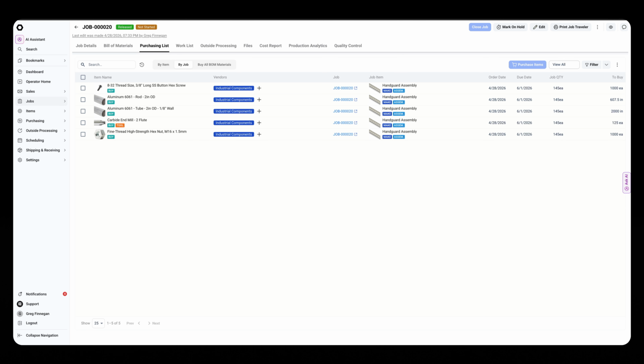For now, I think that is a good overall view of the purchasing functionality in StartProto. There's a lot more to be shown, but if you have any particular questions, feel free to book